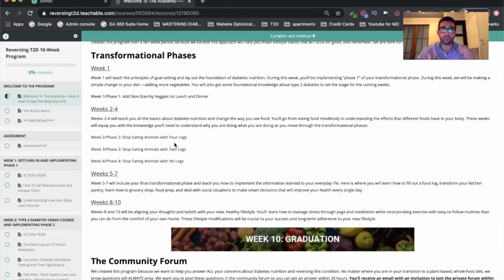Also, what we teach from weeks number 5 to 10 is how to accommodate this new lifestyle that you have with your daily habits. So for example, we teach you how to go grocery shopping, how to read a nutrition label, how to food prep, how to deal with social situations when you go to parties, when you travel abroad, when you go to a friend's house. So those are important things to know now that you are following this lifestyle, because those situations will arise. And if you still want to stay in control of your new lifestyle, then we give you tips and tricks.